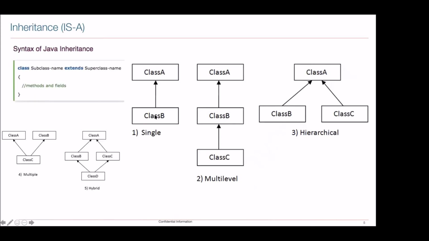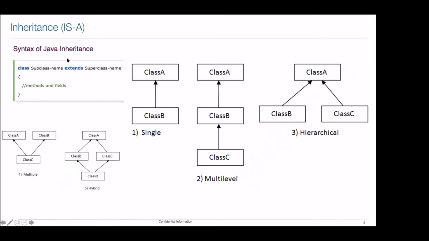Okay. So for the time being, let's assume at least single inheritance and multi-level inheritance are possible in Java. We will think of hierarchical, multiple, or hybrid inheritance later. Okay, so these are the types of inheritance normally in the OOPS concept. Maybe in C, you might have seen this.